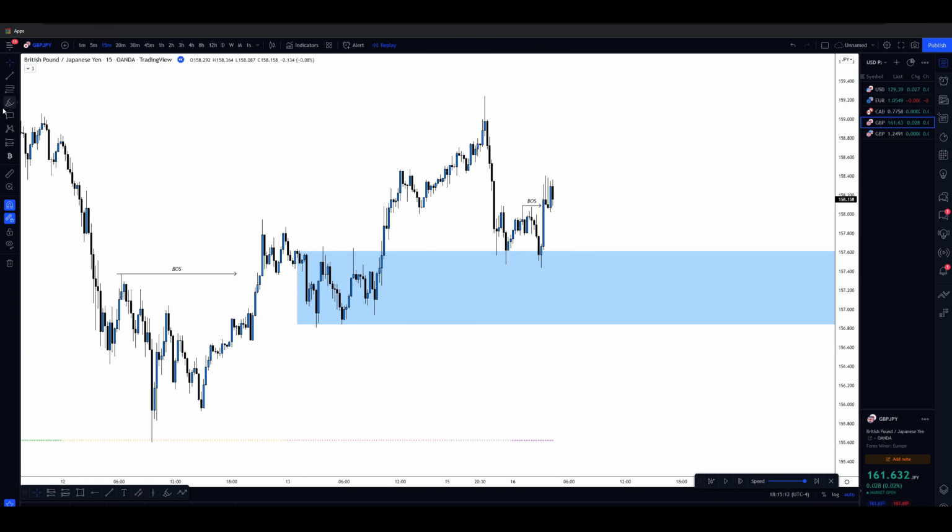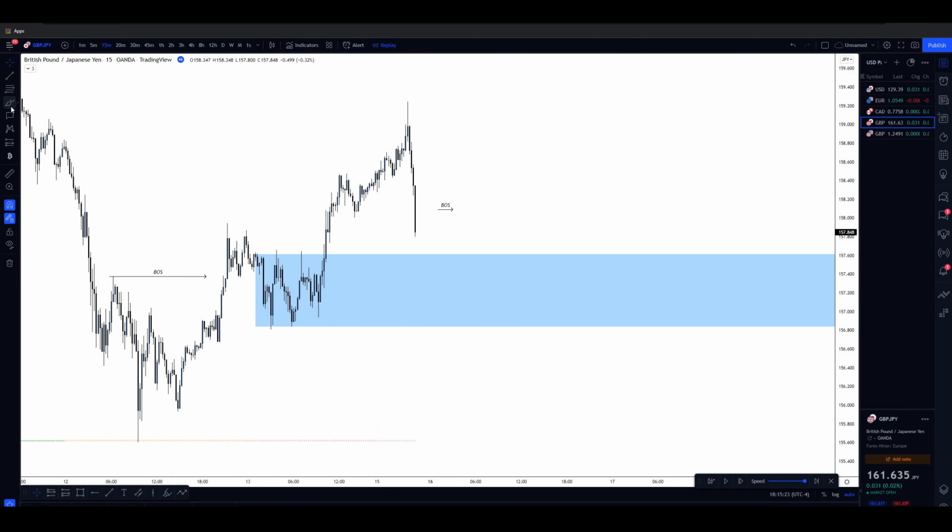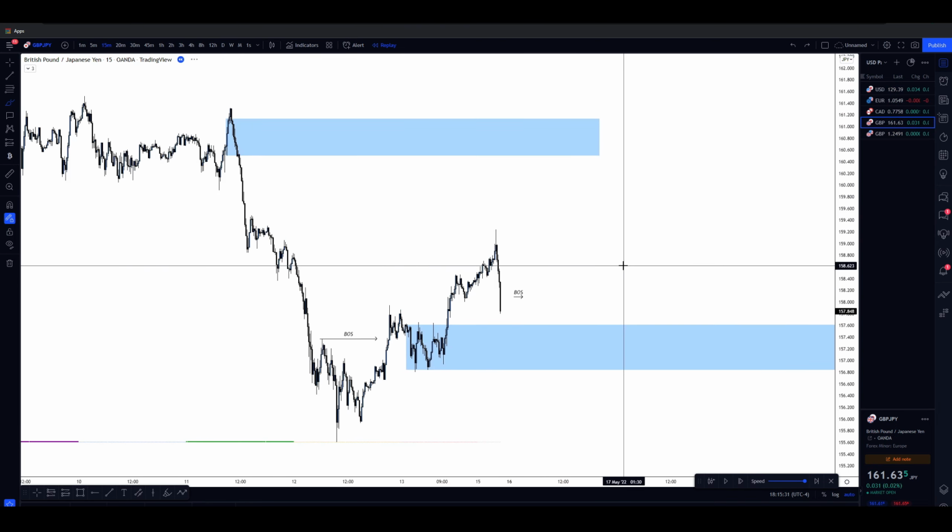And the reason we wait, I'll give you guys a quick lesson on why it's important to be patient. Imagine if I didn't set a limit. Imagine if I didn't wait for confirmation and I simply set a limit. If you just look at it right now, right? There's literally no reason. There's no confirmation. There's no way I can confirm that this demand zone is going to hold and go up.